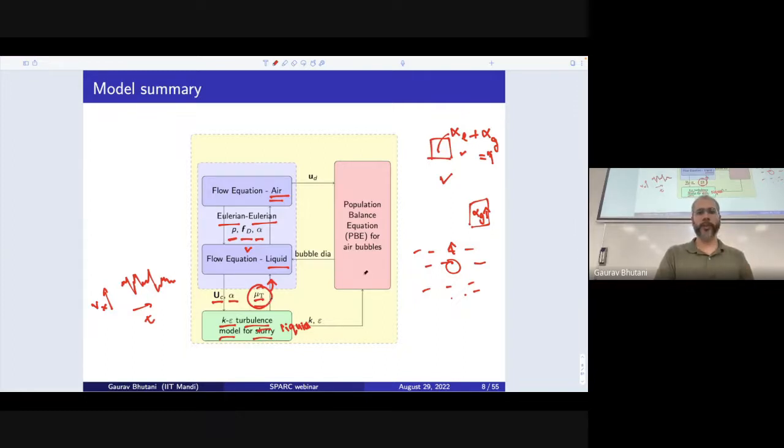Next comes handling polydispersity. We handle polydispersity through something called a population balance equation. Again, we will look into this equation in more detail. But what this equation does is it helps us track the population of bubbles as a function of their sizes. So if I was to track the number of particles or number of bubbles as a function of their bubble size and also position in space and time, I want to understand that at a given position in space,